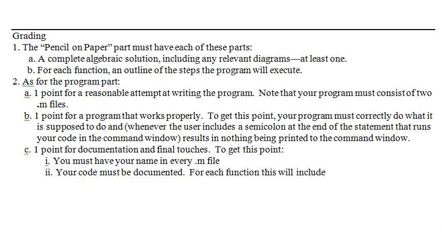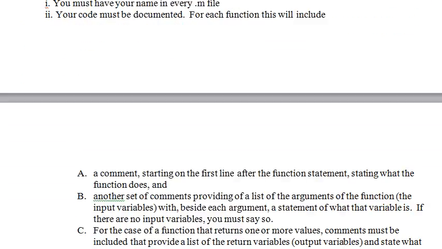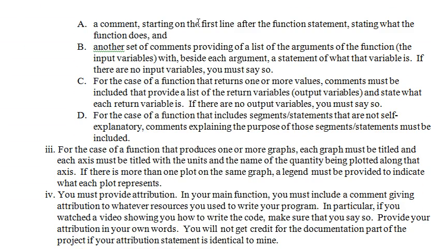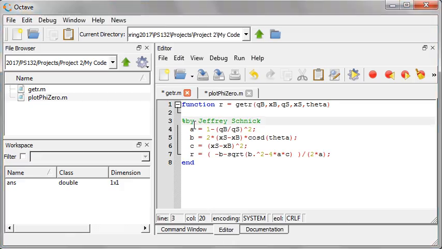Must be documented for each function. This will include comments starting at the first line after the function statement stating what the function does. So, first line after the function statement. That's the function statement. This is the first line after that. Percent function getR. And here you have to say what it does. So it takes these arguments and finds out